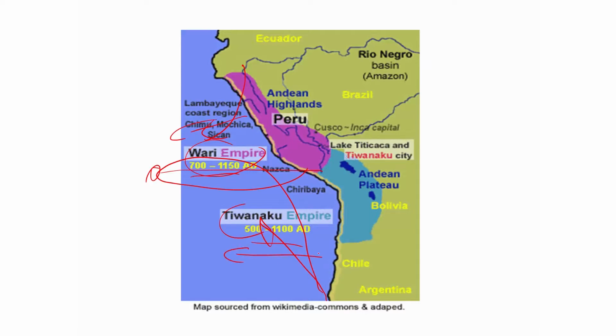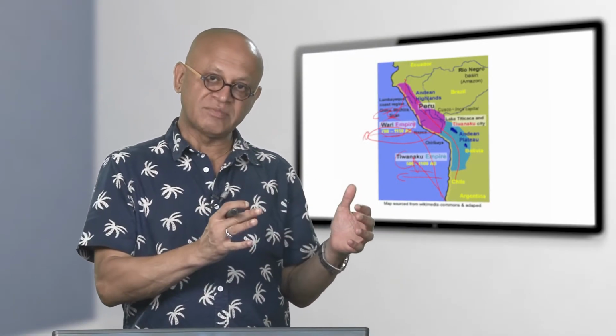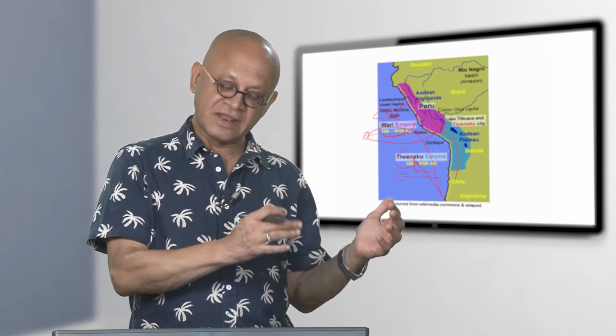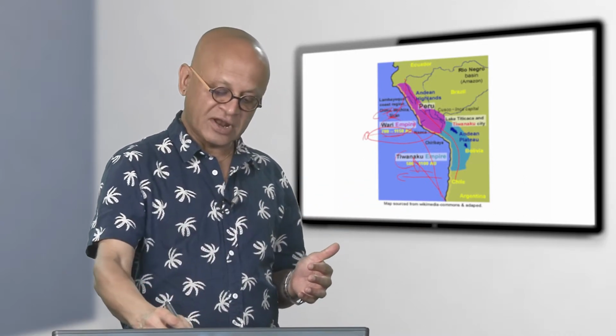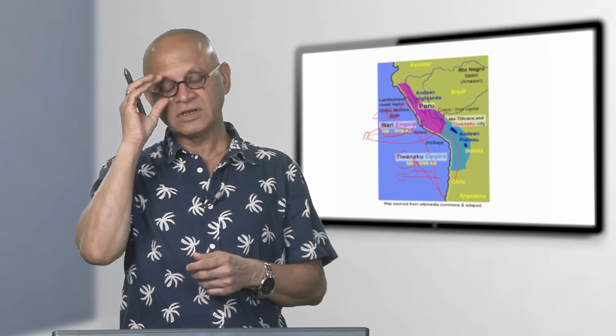Cold water is good, lot of phytoplankton, which means lot of fish, but it also means cold air and no rain. So, these are very dry regions, except when El Nino comes and warm water comes, they can have so much rain that it can flood and mudslides and so on. But if El Nino only happens every 2 to 7 years and by some chance El Nino didn't happen for a long time, then essentially you can have very dry periods here,